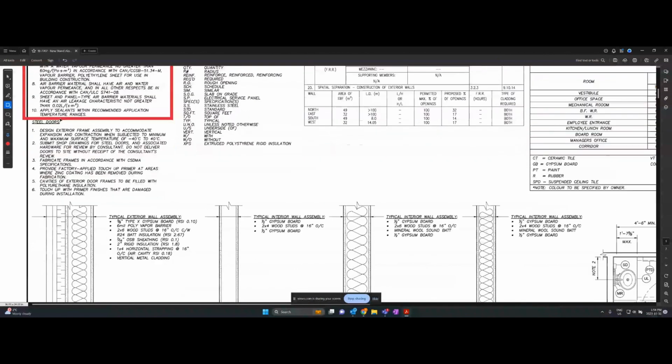Now we got steel doors. So on this project, we got some steel doors. This is more for the door company who's supplying them, someone like Merlin. Design exterior frame assembly to accommodate expansion and contraction when subjected to minimum and maximum temperatures of -40 to 40 plus. So prior to starting the project, our project managers and project coordinators would have gotten shop drawings for